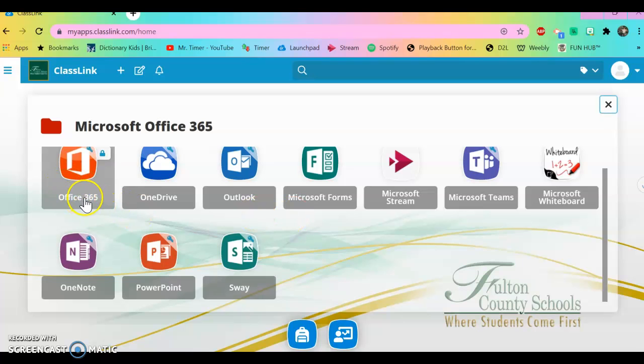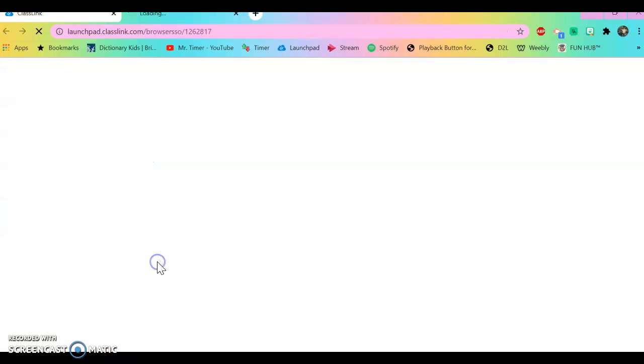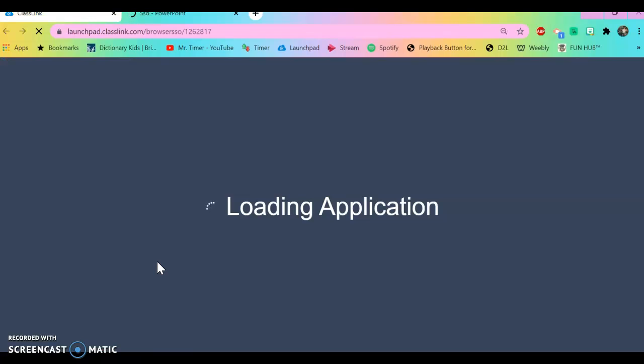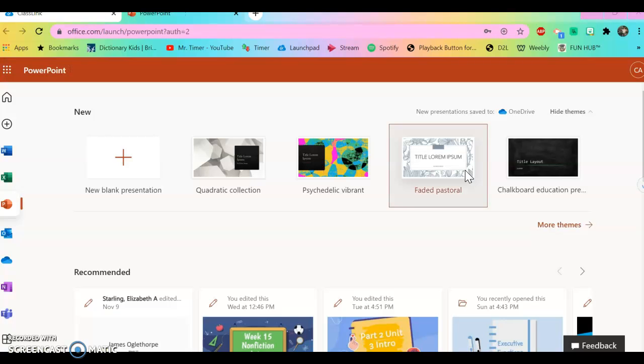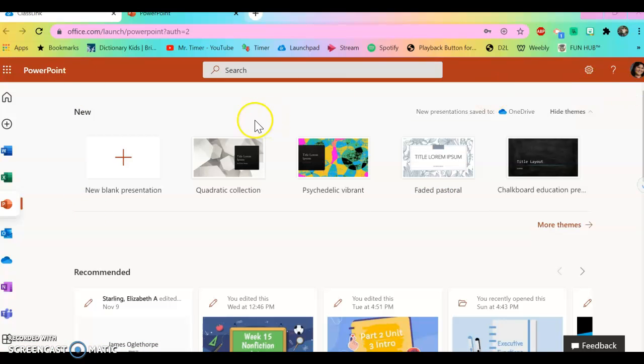Don't get it confused with Office 365. A red icon that has the letter P. Click on PowerPoint. Once you've clicked on PowerPoint, you will need to log in. Once you've logged into your PowerPoint account or your Office 365, you will find new tabs, a new blank presentation,